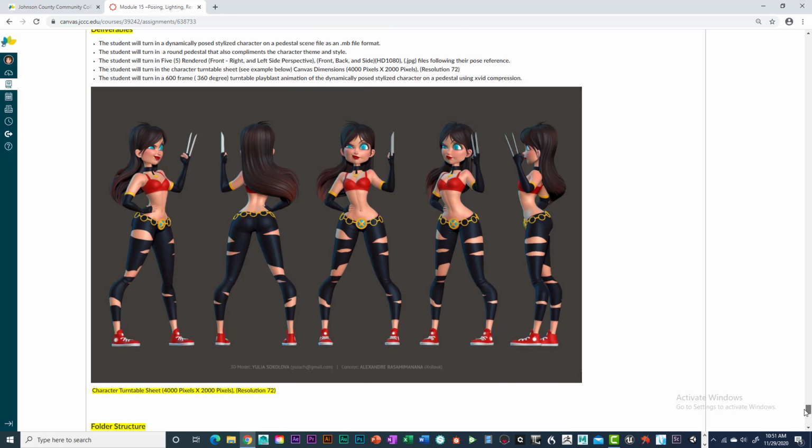So this is the character turntable sheet. What you'll be doing is setting up the camera so you get a 3/4 front from the right side. I believe that's the right side. And then you go to the other side, 3/4. Okay, so the right side, then the left side, and then from the front, directly in front of the